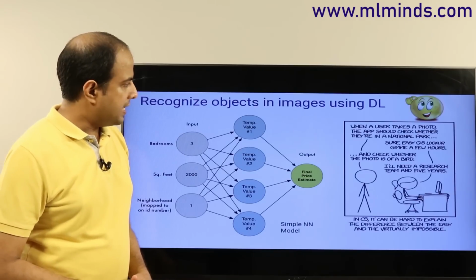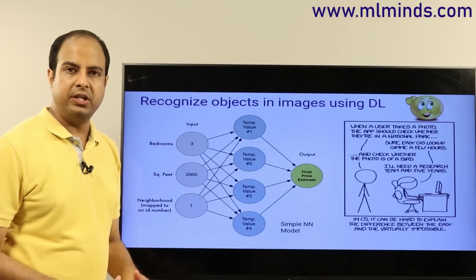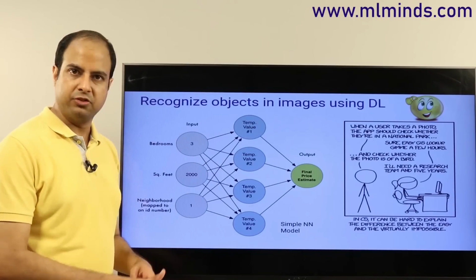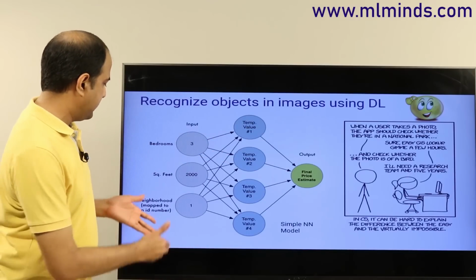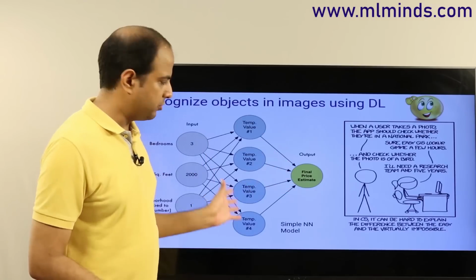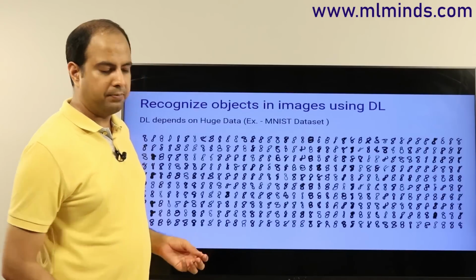models. And which is why for images specifically, the deep learning community has come up with something called CNNs, convolutional neural networks, which is the topic of this video. These are typical simple neural network models. For example, here, given some features of a house, you want to estimate its price, and so on. But now we are talking about images. So how do you really build deep learning models for images?